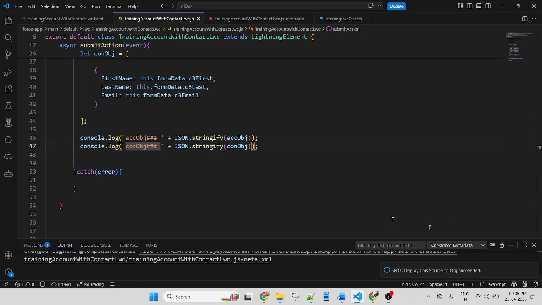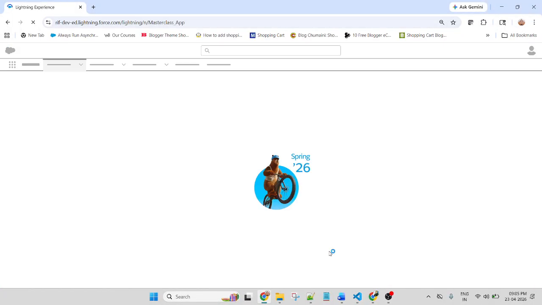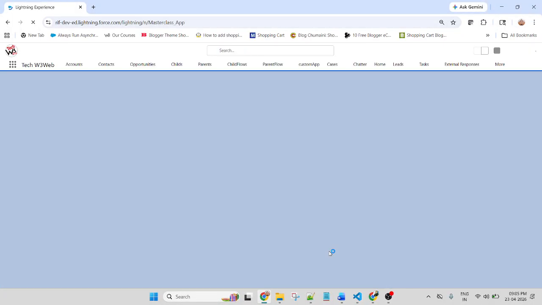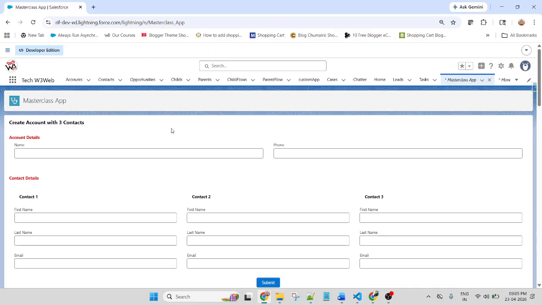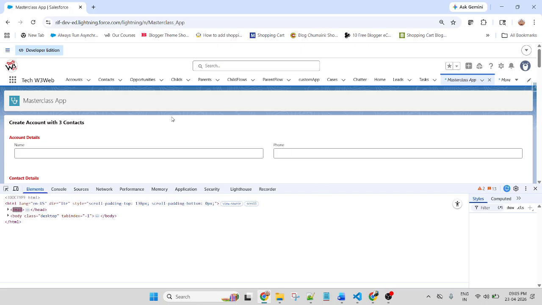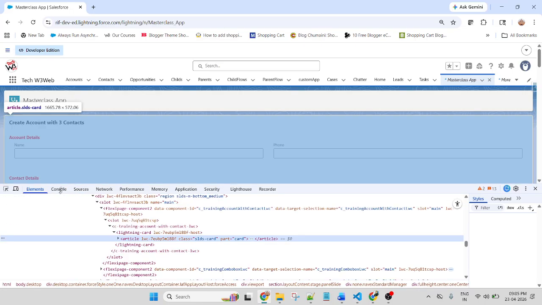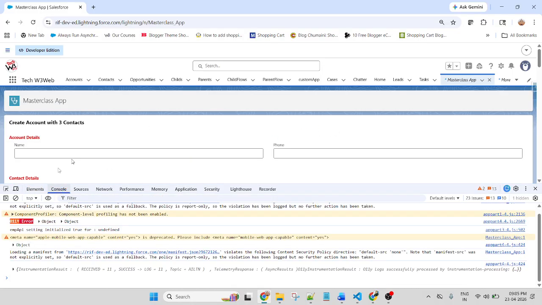My code deployed successfully. Now refresh. Inspect. Friends, are you getting my function, how I am creating it? Yes, sir.